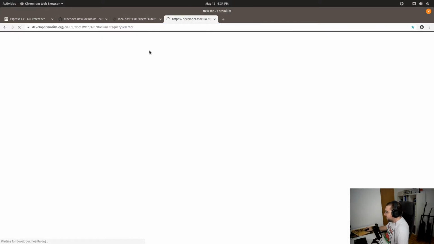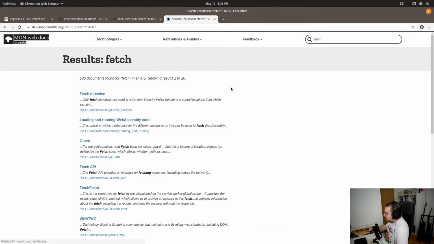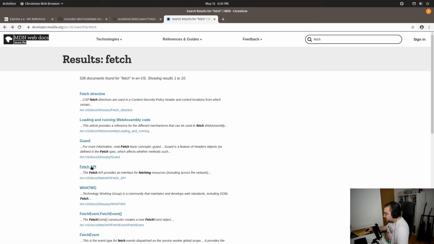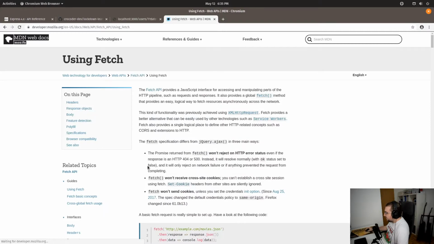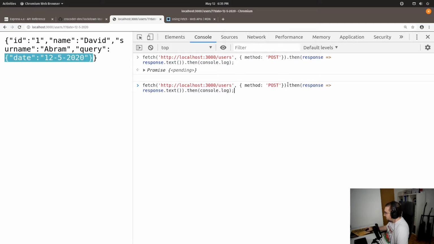Every time we don't know something, we are trying to see the documentation. Let's go to fetch. This is the fetch directive, this is not what we were looking for. Fetch API, that's what we're looking for. Using fetch. Let's see inside of the brackets. Inside of brackets, we should put body with JSON stringify. That's perfectly fine. So inside of these brackets, we just say body